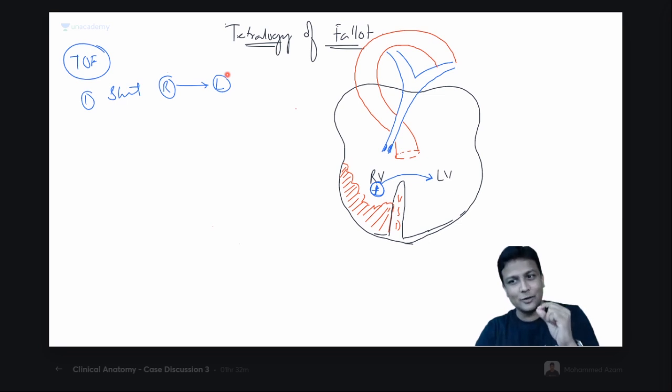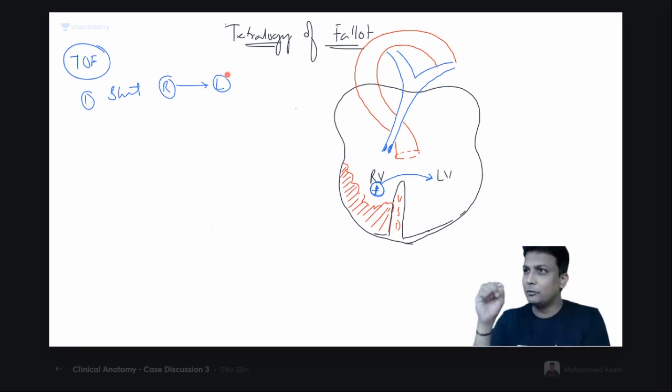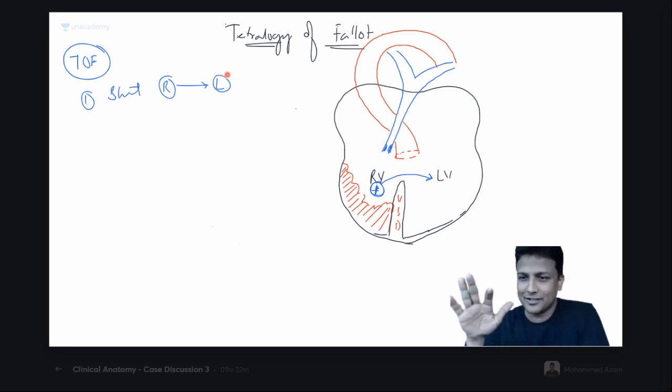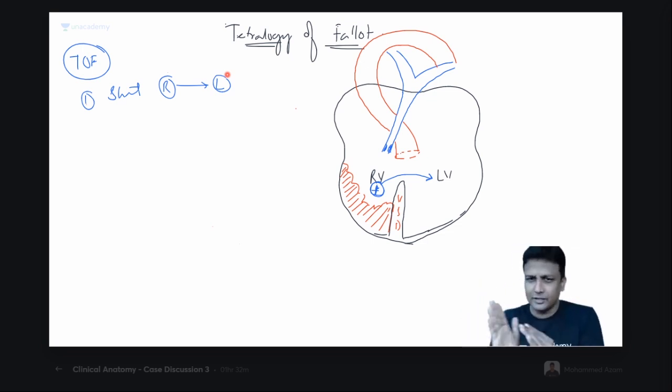I'll tell you, one thing is dependent on the other thing. Why? Because I have seen many students, what they do is point number one, point number two, point number three, they just mug up the diseases. Now, I did not learn like that in my MBBS days. That is why my basics are very clear. What I did was correlate, try to correlate that one. Okay, shunting is occurring from right to left.